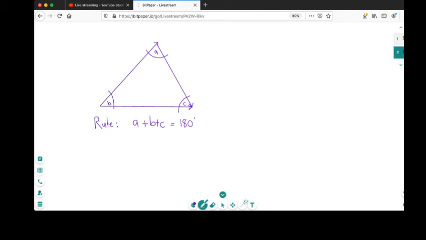Now, because that's stuff that you guys have done before, what we're really going to focus on today are the more complex rules. Okay, so we're just going to get that going. So let's say we have an angle, or not an angle, but we have a situation and it looks like this. It's two straight lines